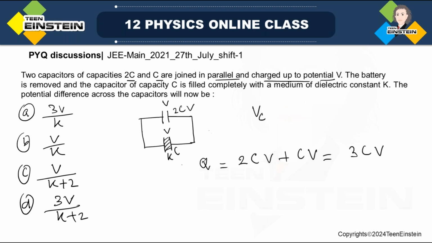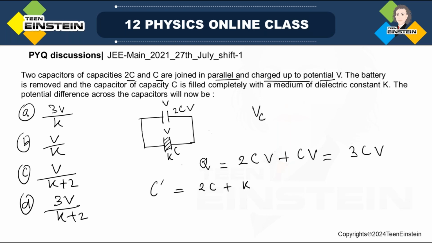Now after this medium has been inserted, the capacitance of this capacitor C has changed. Okay, this capacitance has been changed, but the total charge remains the same. With this, let me find out the new capacitance. So the new capacitance C prime is the capacitance 2C that is there already, plus